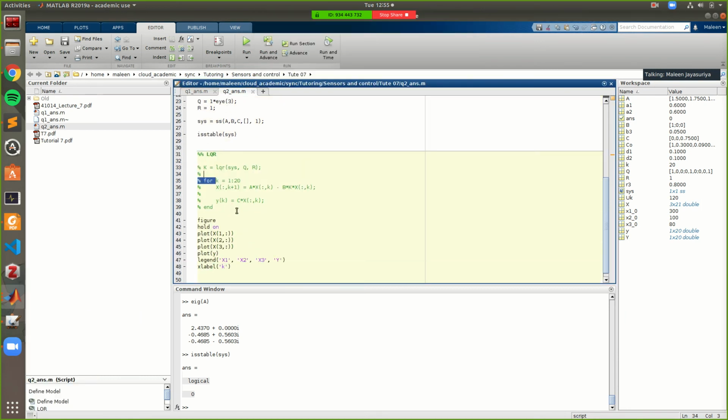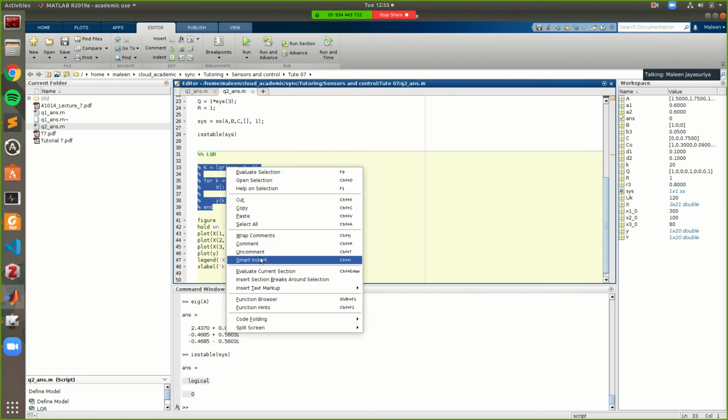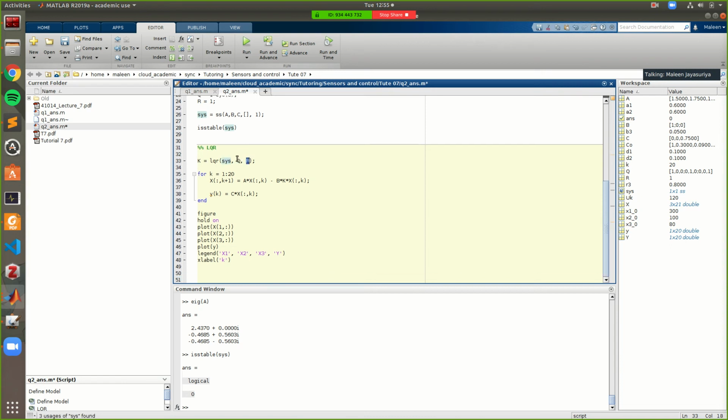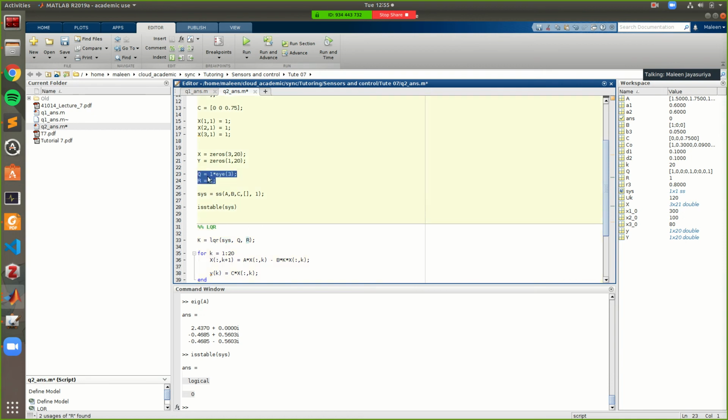So we're going to use the LQR function. We used this before last week, and we are simply going to put the system in, and then put in the Q and R values. The Q and R values are up to you to tune, as we saw last time, depending on how much we want to penalize performance versus how much we want to penalize effort.